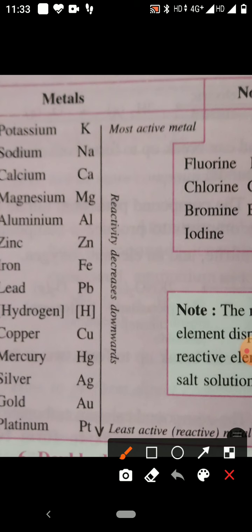In this, if you compare the position of zinc and copper, the position of copper is lower than zinc. Therefore, copper is less reactive and zinc is more reactive. The element whose position is lower is less reactive. Elements whose position in this series is higher are more reactive. Therefore, from the aqueous solution of copper sulfate, copper is displaced by the zinc.